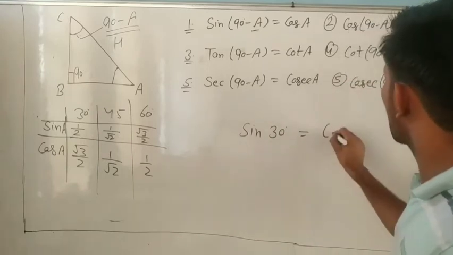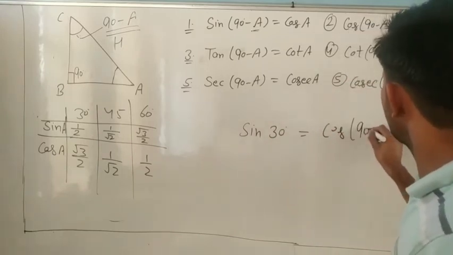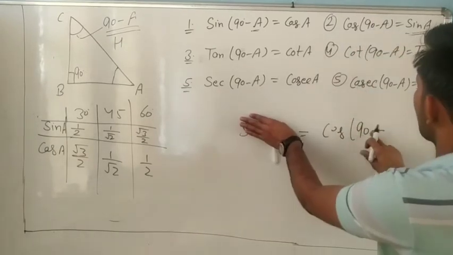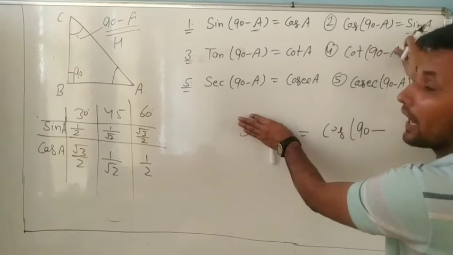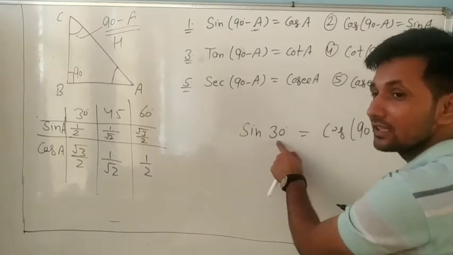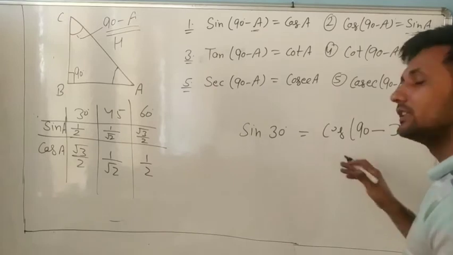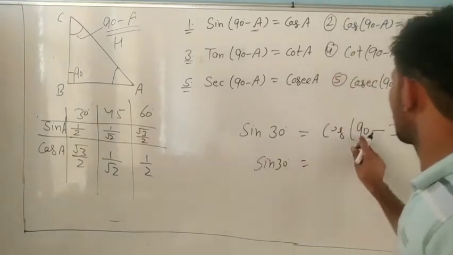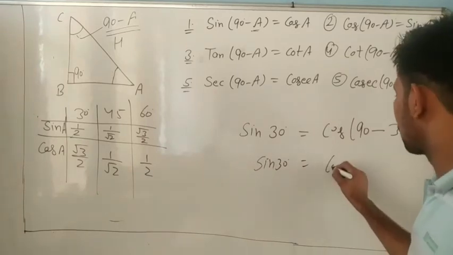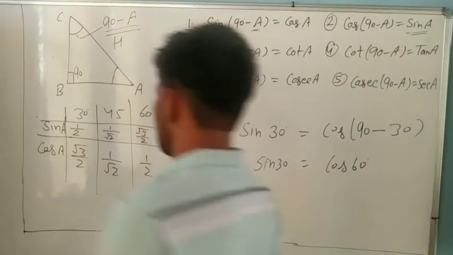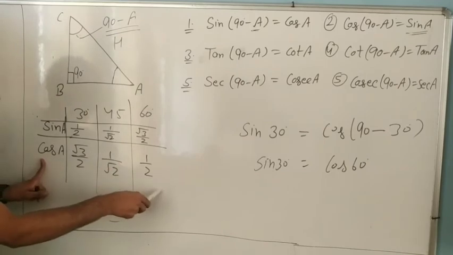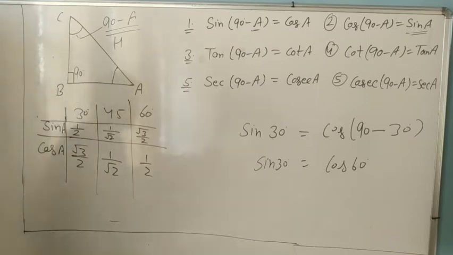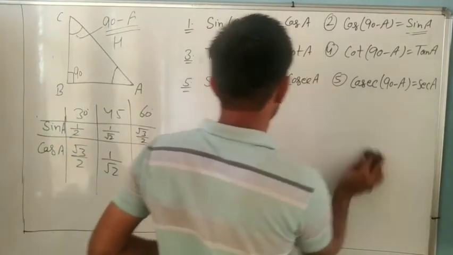Sine A is always cos of 90 minus this angle. Good. Cos 90 minus what angle is equal to sine of angle A? What is sine angle A? 30. So it is 30, or no? They are always equal. Yes. Sine 30 is equal to cos of 90 minus 30. So cos 60, or not? Look at it: cos 60 is 1 upon 2 and sine 30 is 1 upon 2. Okay dear. Otherwise, look at it once again.